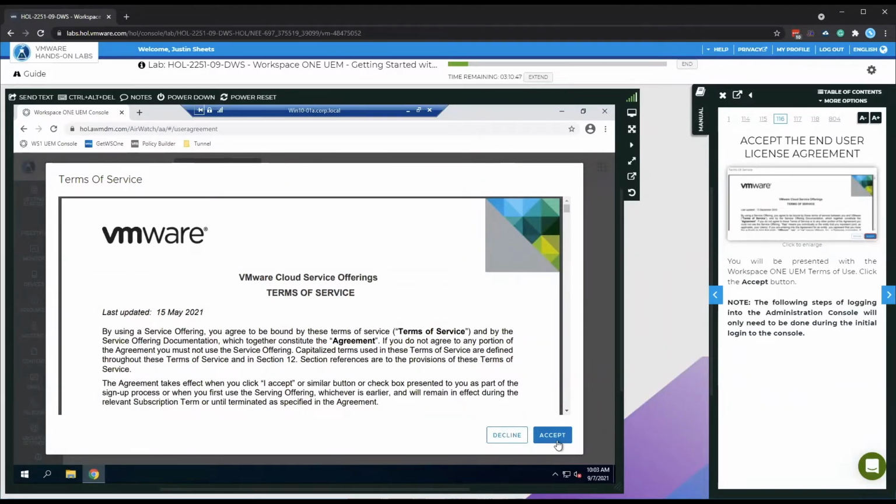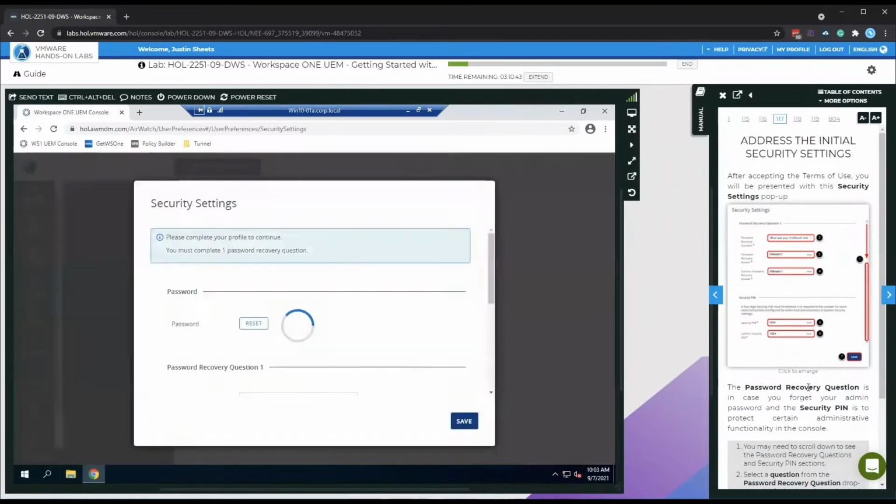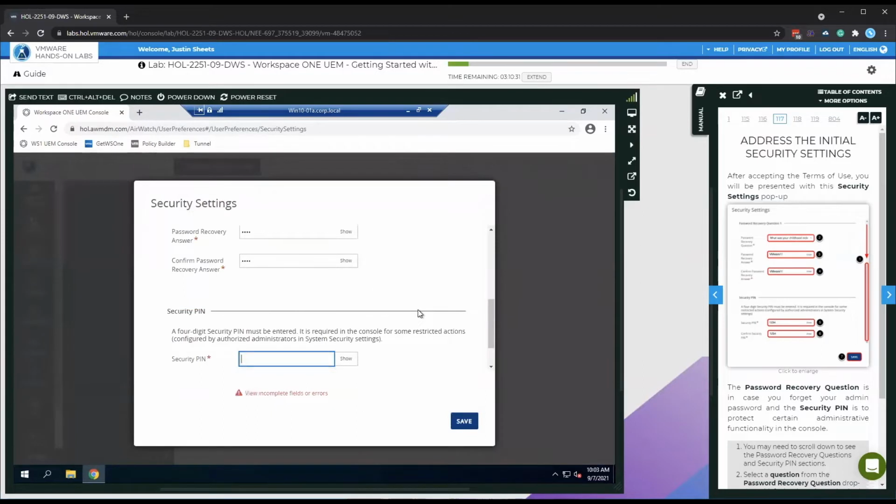Here's the terms of service. I'll click accept. And then anytime I'm a new administrator accessing the platform, I need to just put in some recovery questions. I'm just going to put 1111 for all of these just to have something simple, and then a